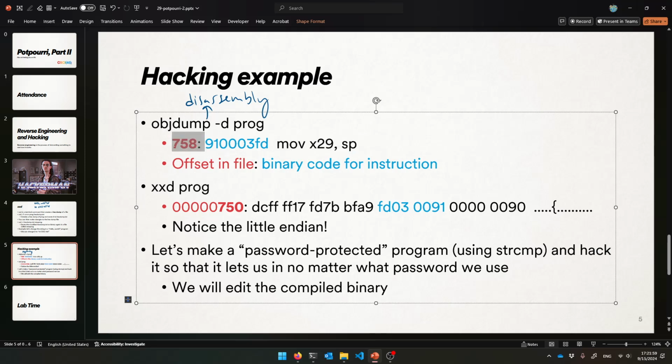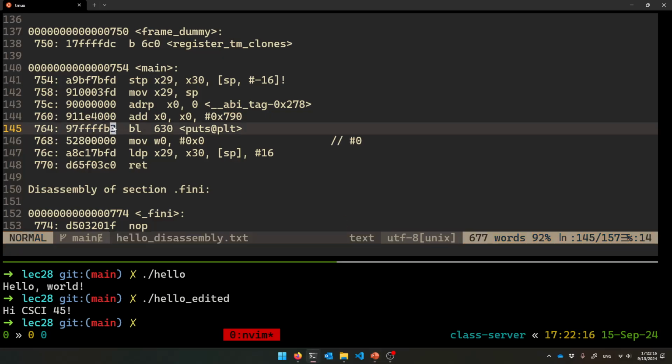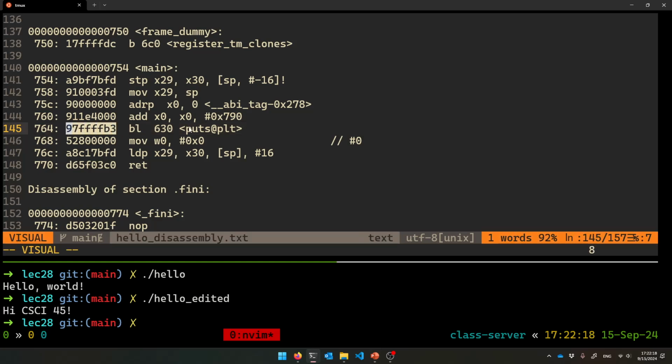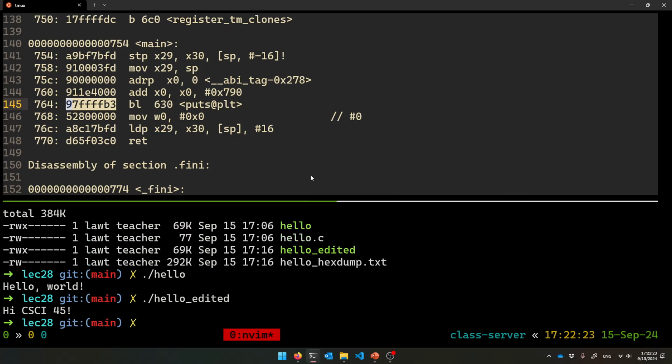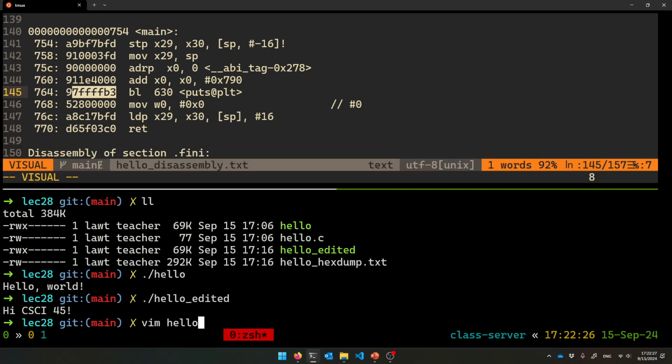So now when you do xxd, you can look this up. You can go to offset 750, find it, and then go 8 bytes over to where it begins, and you see this thing that it told you. You see it in the file. You see it in little endian though. Okay, so let's prove that to ourselves. Here, for example, is the call to the printing function, the puts that our printf got transformed into. Let's go and look at the hello hex